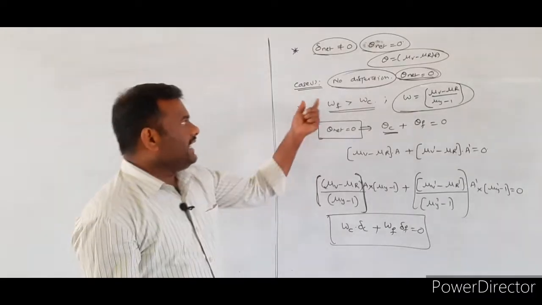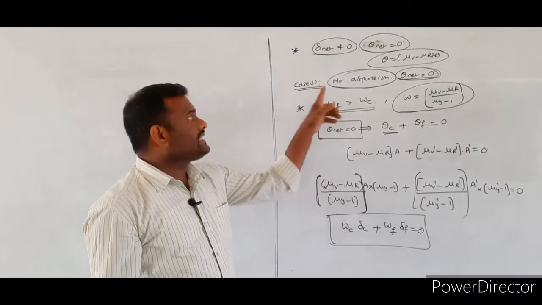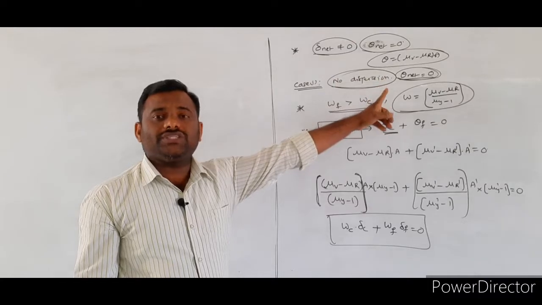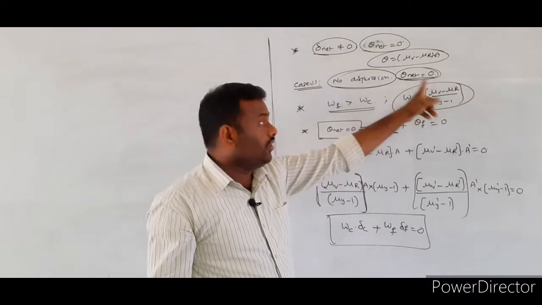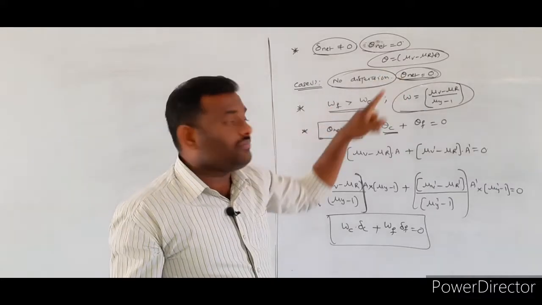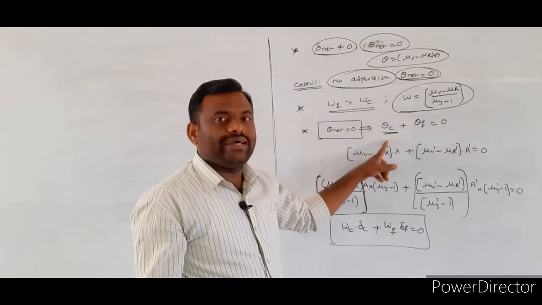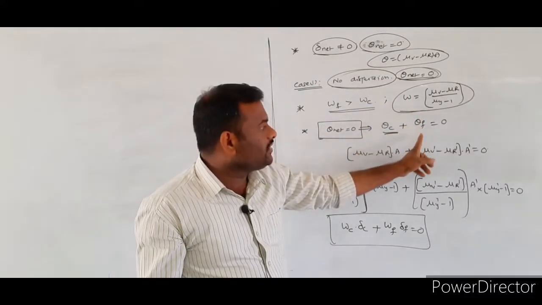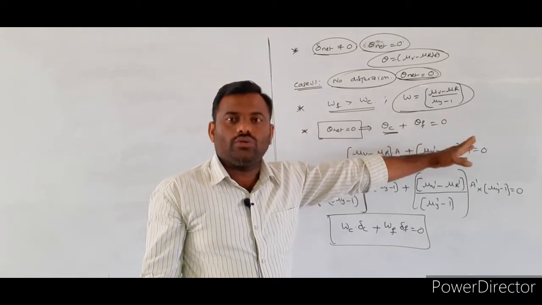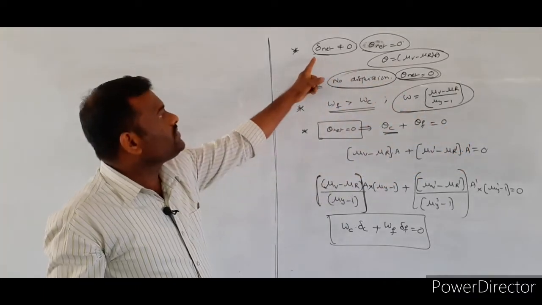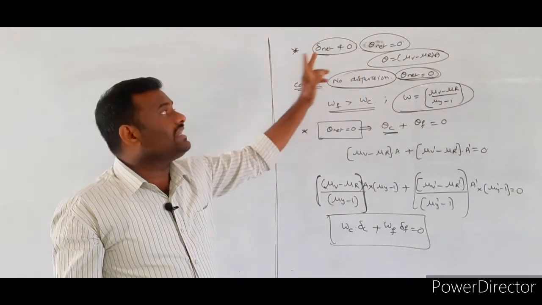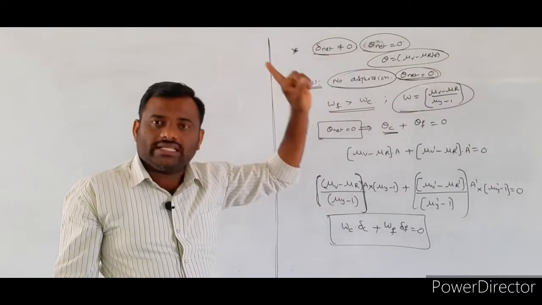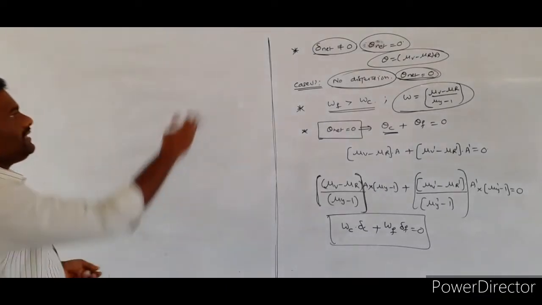Now, in the case 1, you took that there is no dispersion. That's why the net angular dispersion is equal to 0. So the net angular dispersion is given by the dispersion produced by the crown glass as well as the dispersion produced by the flint glass, which is equal to 0. Now, coming to case 2, what is the condition here? Total deviation will be there, means the net deviation value is not equal to 0.